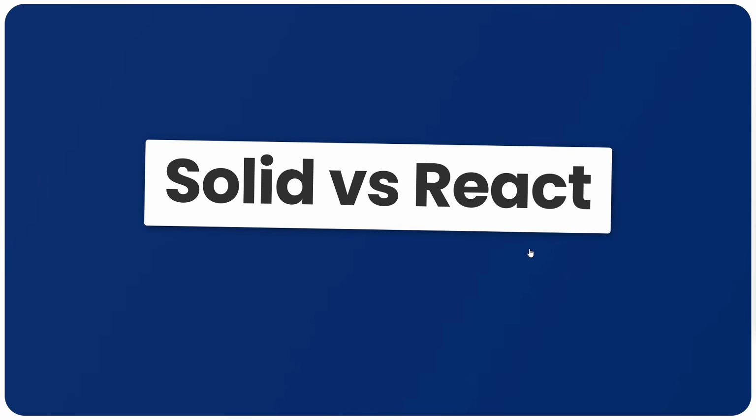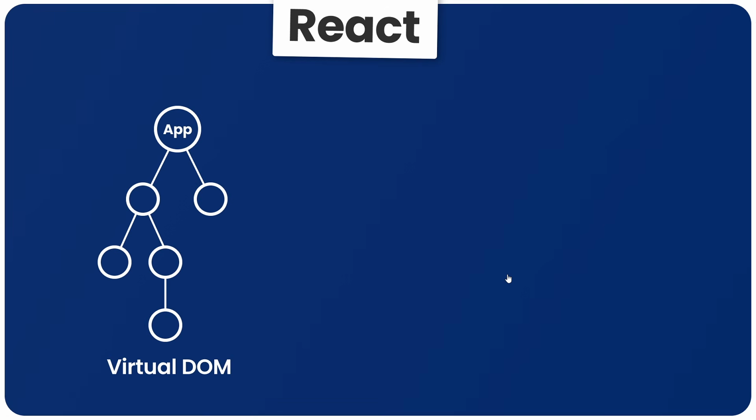So then, first of all, what makes solid.js different from React? And this question and answer is geared towards people coming from React. So if you have no experience with React or other frameworks, don't worry if this doesn't make sense yet. So the way that React works under the hood is by using something called the virtual DOM. And it uses the virtual DOM to keep track of changes that need to be made in the real DOM in the browser. So React makes a virtual DOM for the application when it first renders, and then every time